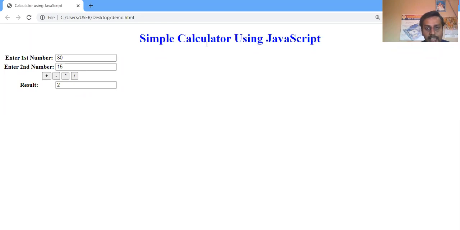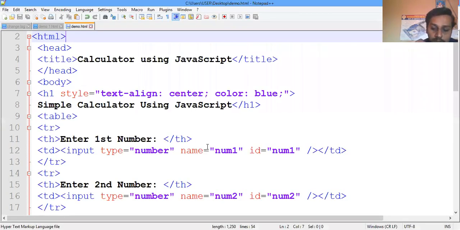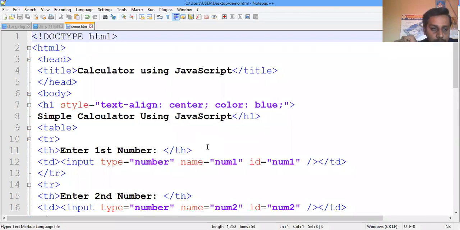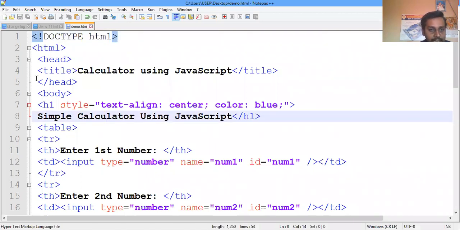This is your lab first program for JavaScript as per your syllabus, 17CS71, the first program for the web technology lab. In this way you will execute your first program. For executing, just open your notepad, type the entire information, and save it.